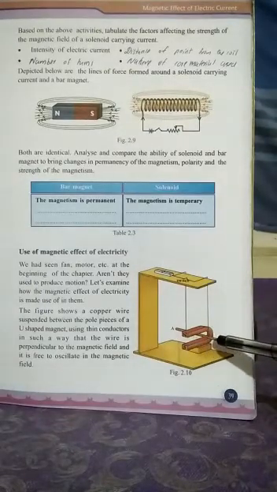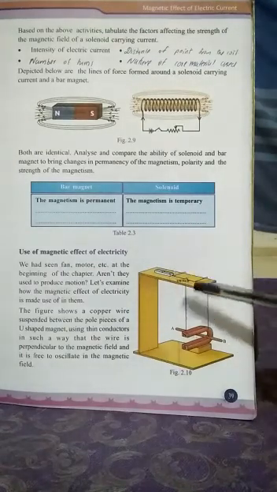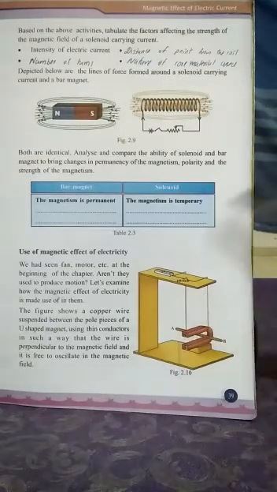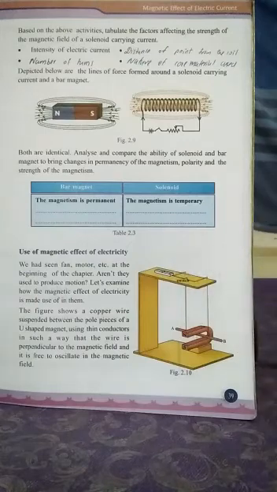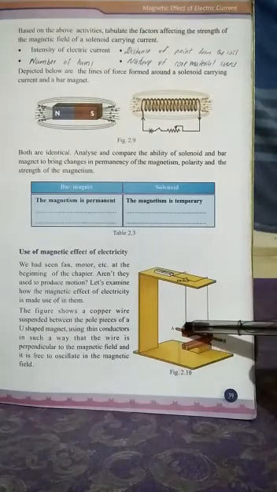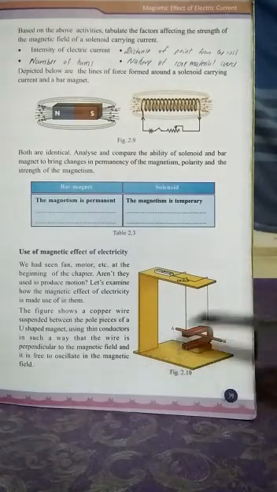Let us see if the direction of current changes, whether the conductor will still move, and if it moves, whether it is in the same direction or not. In the first case we gave positive to A and negative to B. Now reverse: B is given to the positive terminal and A to the negative terminal. Then the current flows from B to A. As the direction of current changes, the motion of the conductor will be in the opposite direction.